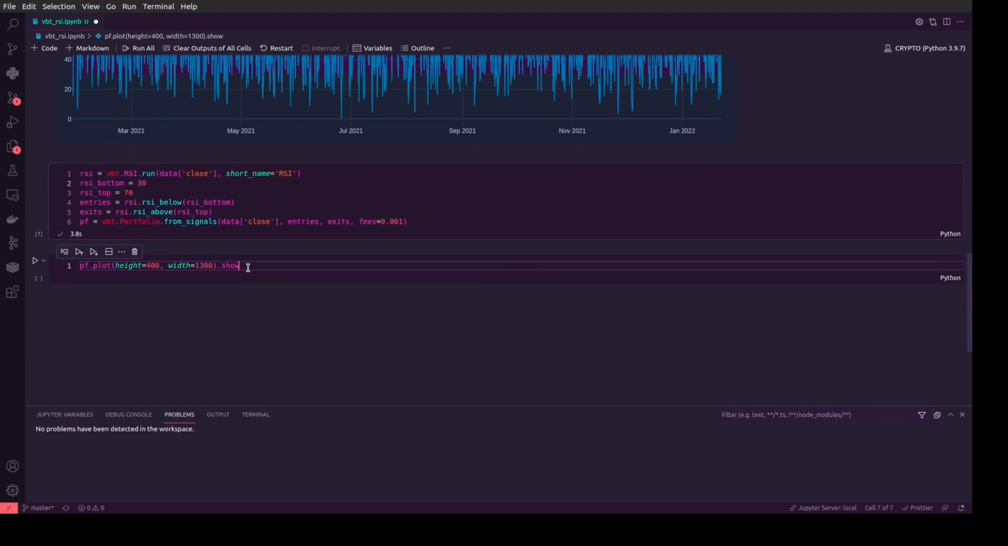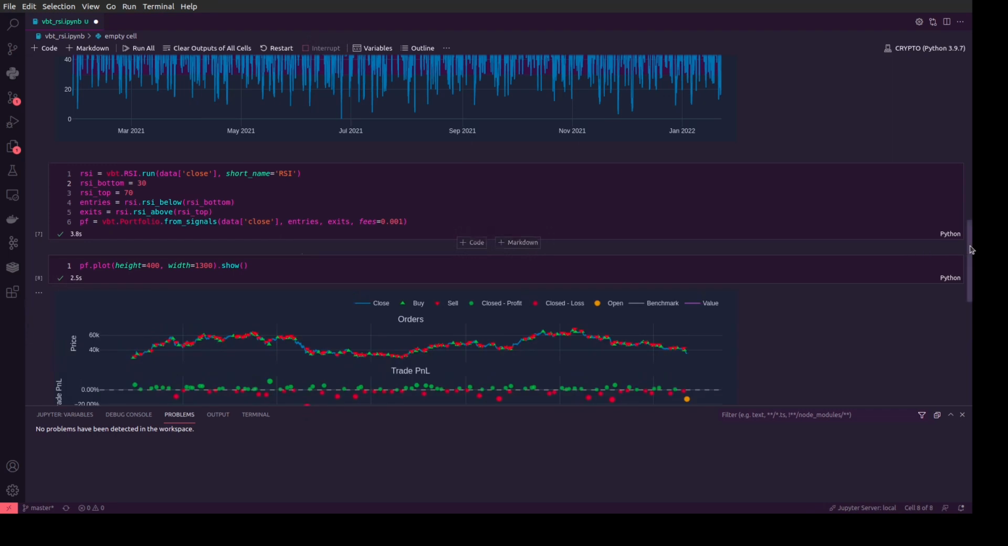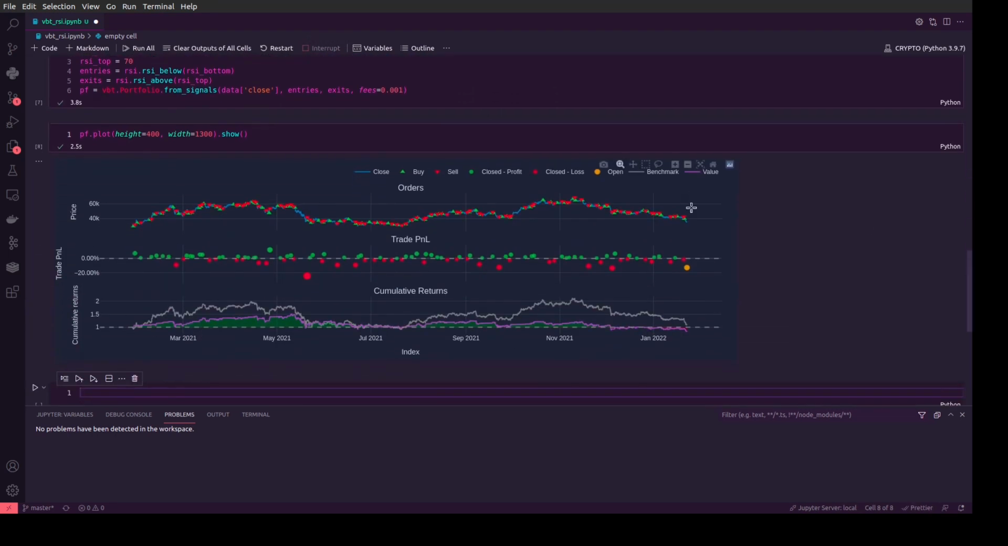Also let's indicate show. It takes some time to build charts. Okay, so this is our price, and we have entry points and exits. This is clear. So trade PNL is also clarified when we have this color. It means the position is active,